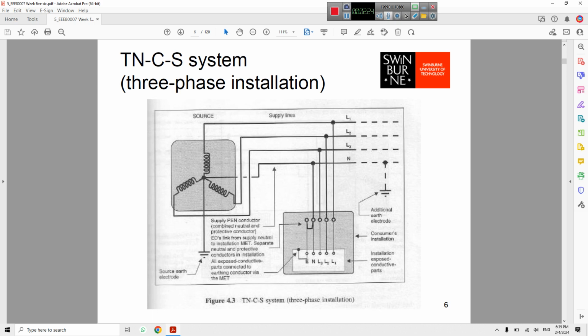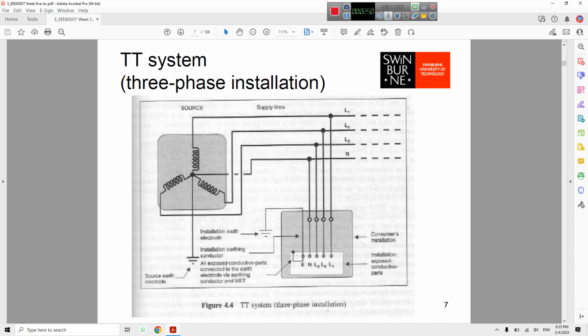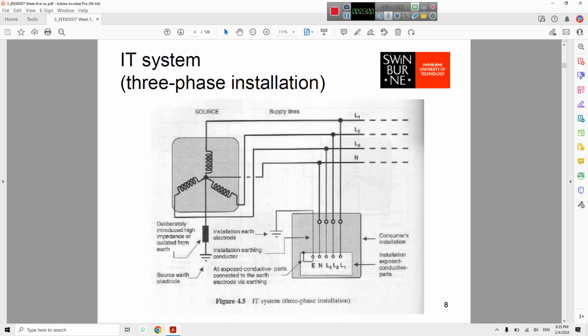Then we have TNCS, exactly the same as TNS, but if the customer or the electrical utility doesn't have enough money to support the extra wiring, they use TNCS, which is a good system for protection. Next one, the TT system, is one of the good systems in the case of protection. And the last system is the IT system, which